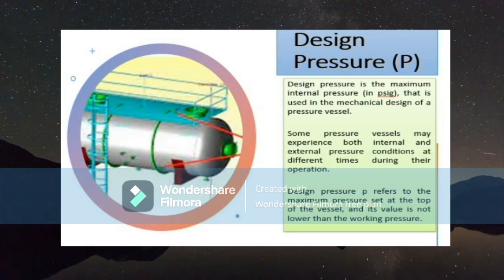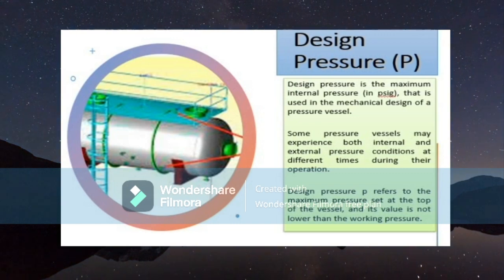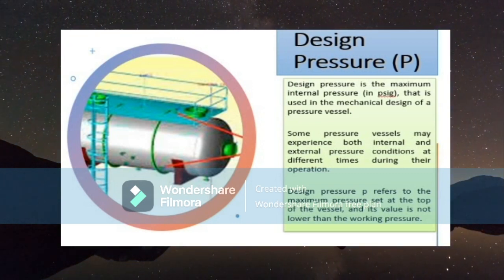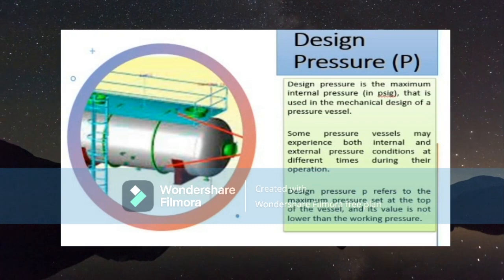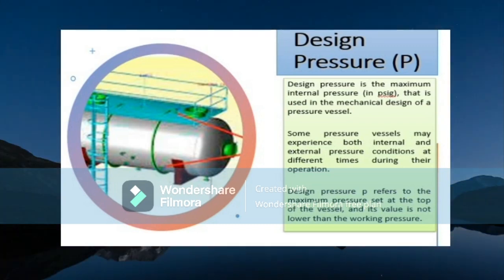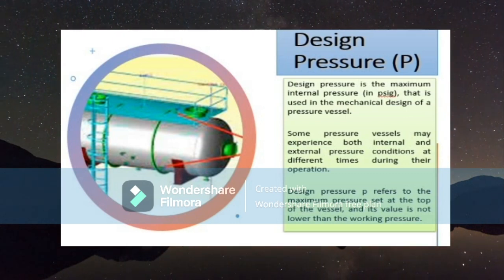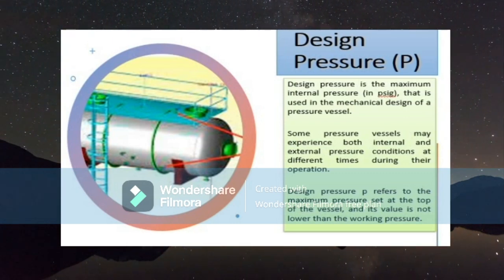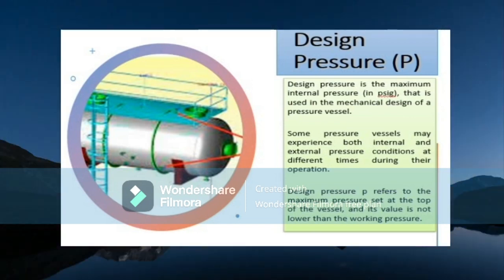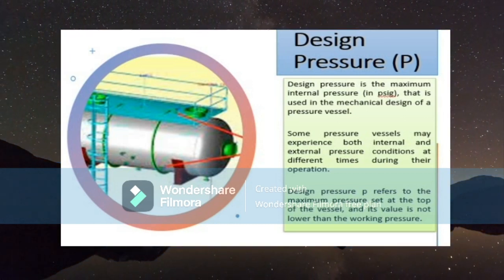Design pressure P. Design pressure is the maximum internal pressure in psig that is used in the mechanical design of a pressure vessel. For full or partial vacuum conditions, the design pressure is applied externally and is the maximum pressure difference that can occur between the atmosphere and the inside of the pressure vessel. Some pressure vessels may experience both internal and external pressure conditions at different times during their operation. The mechanical design of the pressure vessel in this case is based on which of these is the more severe